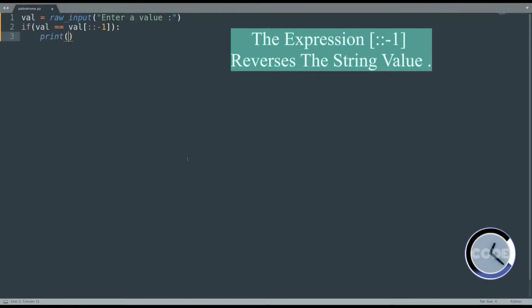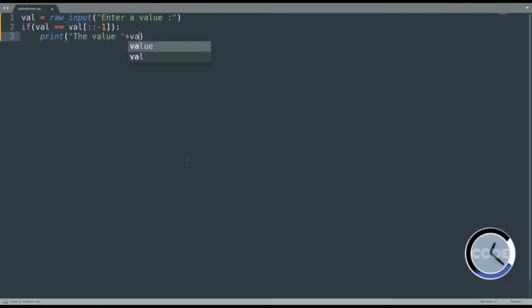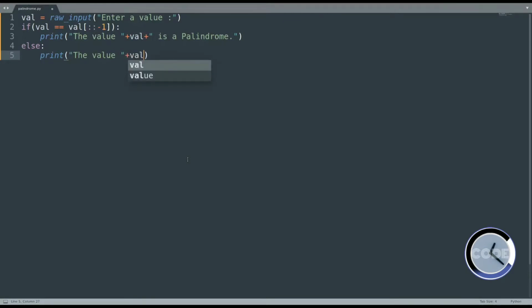print the value val is a palindrome. Else print the value val is not a palindrome.